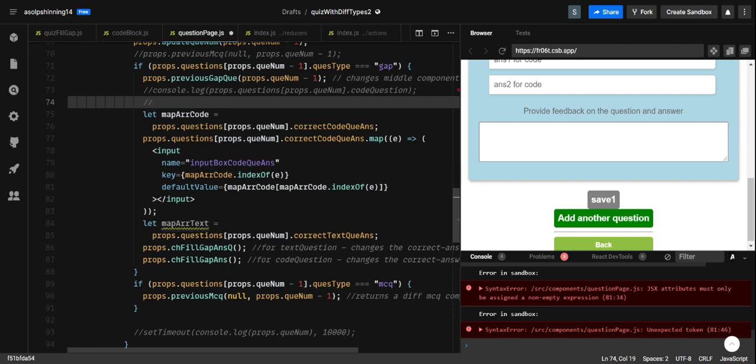Okay, map store: store the code question answer in an array. Okay, when you do that, the next thing you should do,